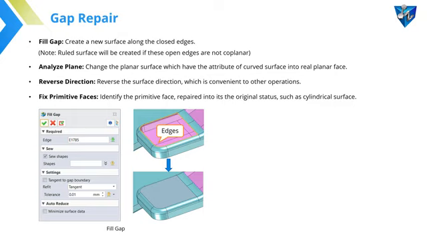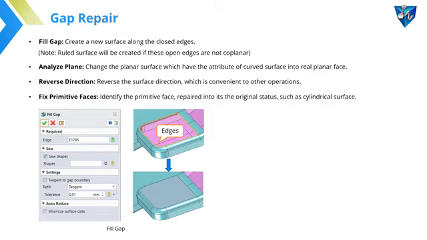Fifth, fill gap. With this function, a new surface will be created along the closed edges. Please note, a ruled surface will be created if these open edges are not coplanar. 6. Analyze planar. With this function, the planar surface, which has the attribute of a curved surface, will be changed into